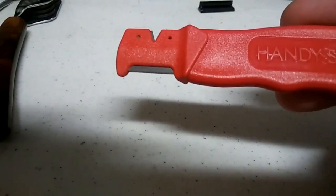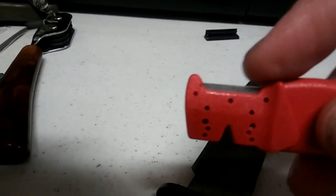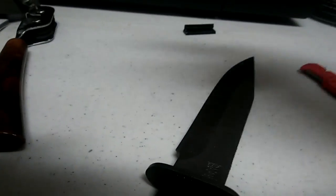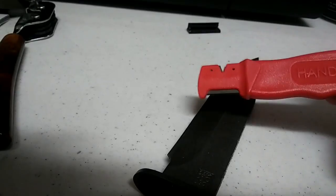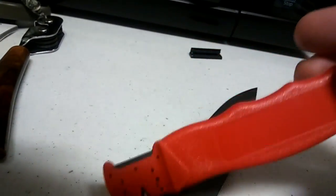I'm not a huge fan of these. You've got to line it up just right and twist this and then brush it off. What I find is this sits so recessed that I end up hitting the plastic more than I do the blade. If you're going to get one, get the Coronas, or the little $5 deal from Lowe's, the Blue Hawk. It's the same thing, but you have more. You have the exact same piece right here. And these are made in China, which is kind of a big letdown for me. I was trying to see if it says it on here. It says it somewhere on the packaging or something. But anyway,